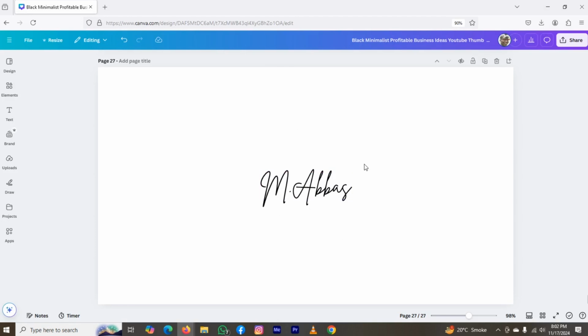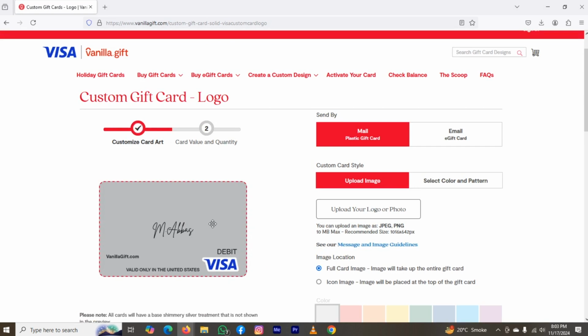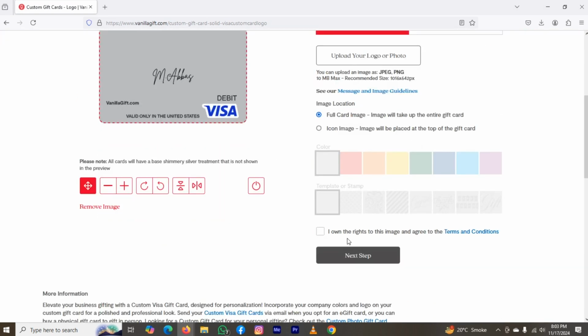Now I will go to my computer and will upload that logo in the Vanilla website. Let me drag and drop. You can see my name. The next step is you have to choose everything by yourself and then click on this option and click on